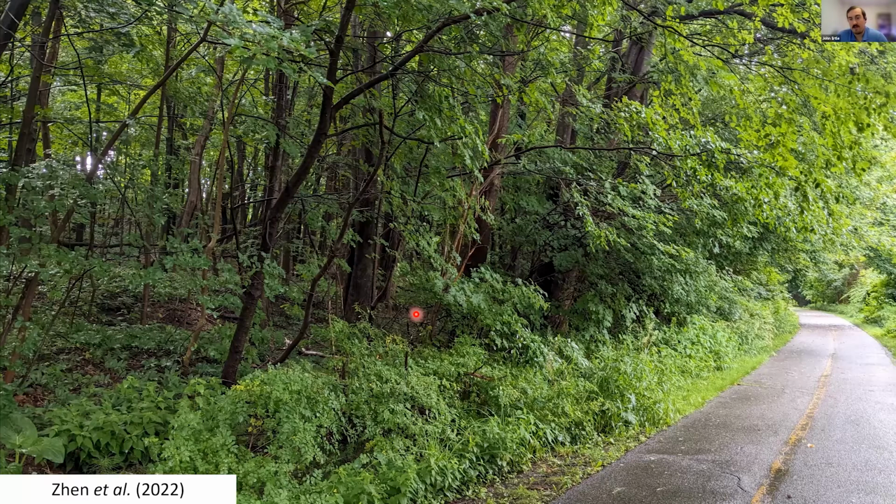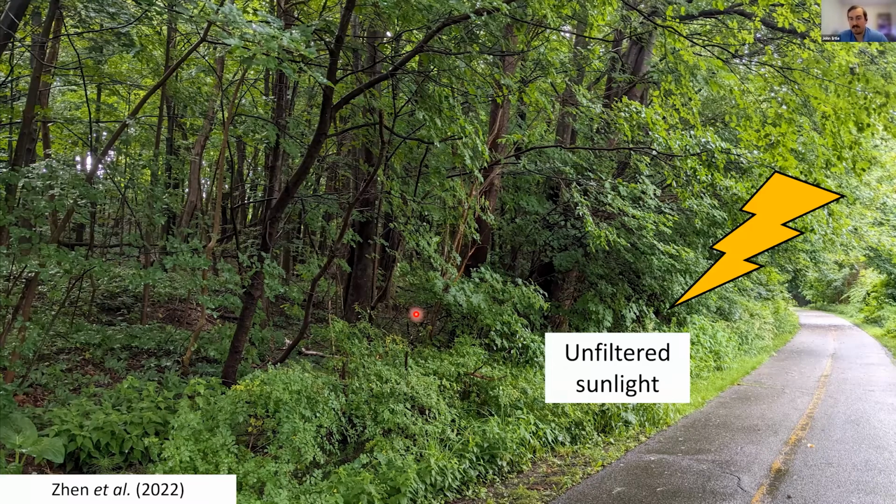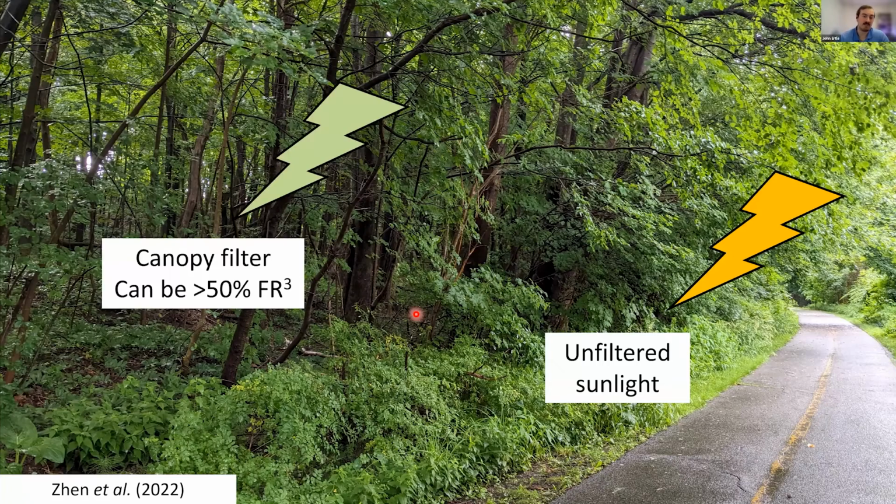So here's a picture I took on a walking path near my house. On the right side, we're seeing unfiltered sunlight come in through a gap in this tree canopy. And on the left, we're seeing shaded light coming through layers of leaves in this canopy. So when we don't have a filter on sunlight, we have this very broad spectrum of high intensity light, ranging all the way from the UV range through the far red up into the infrared range. And we see some differences here when we apply this canopy filter, I'll call it, of